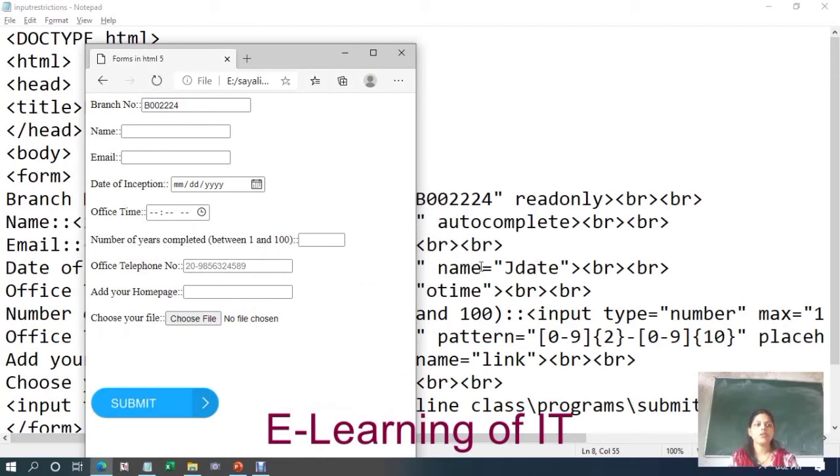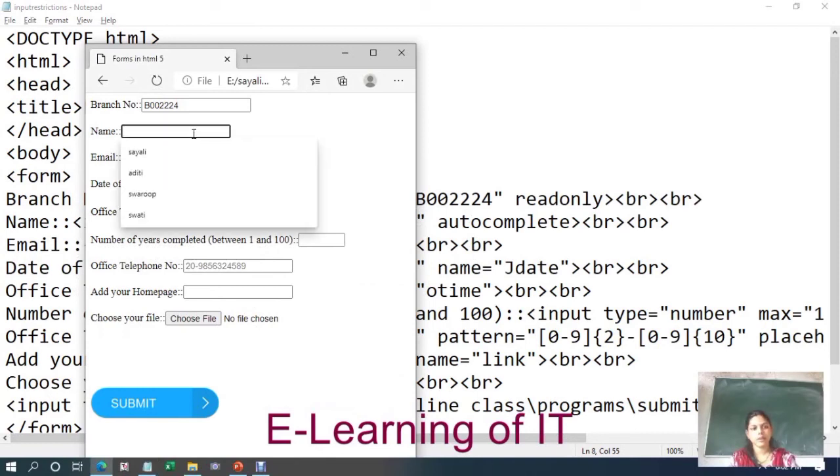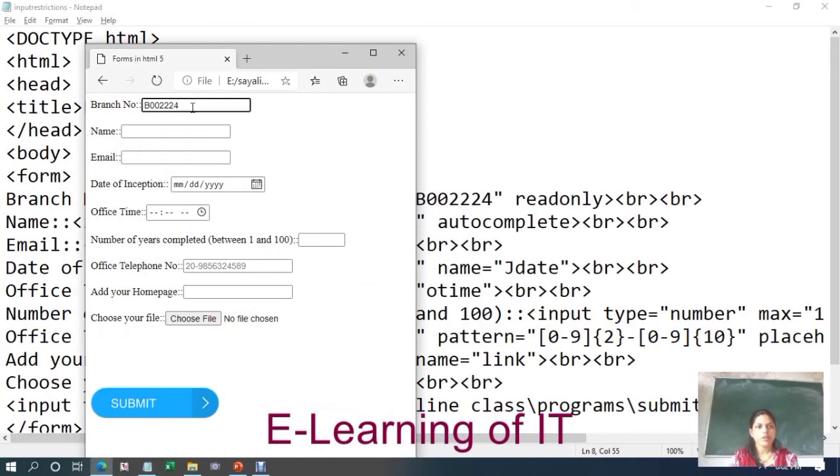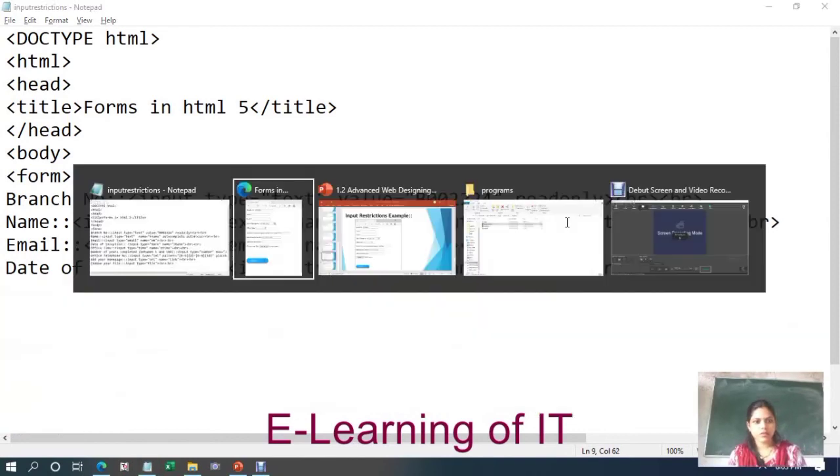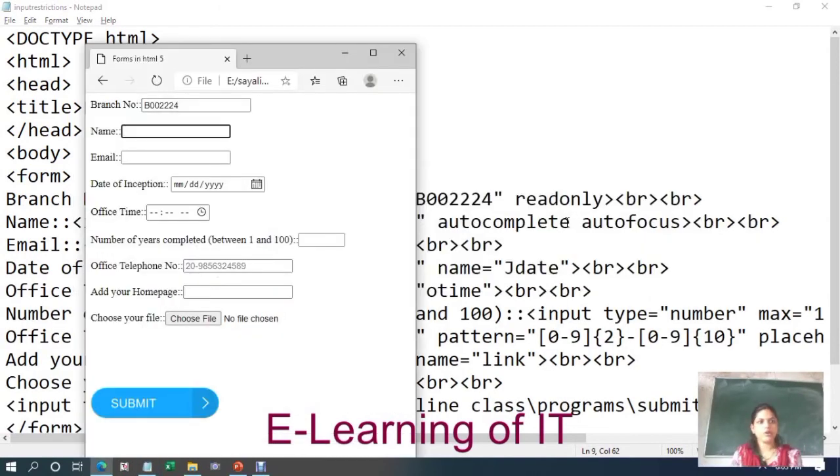So you can give control by default to the name field, because this field is not to be filled by a user. Within the name field I can specify autofocus, so that field will get automatically focused, that is first to be filled whenever the form is loaded.